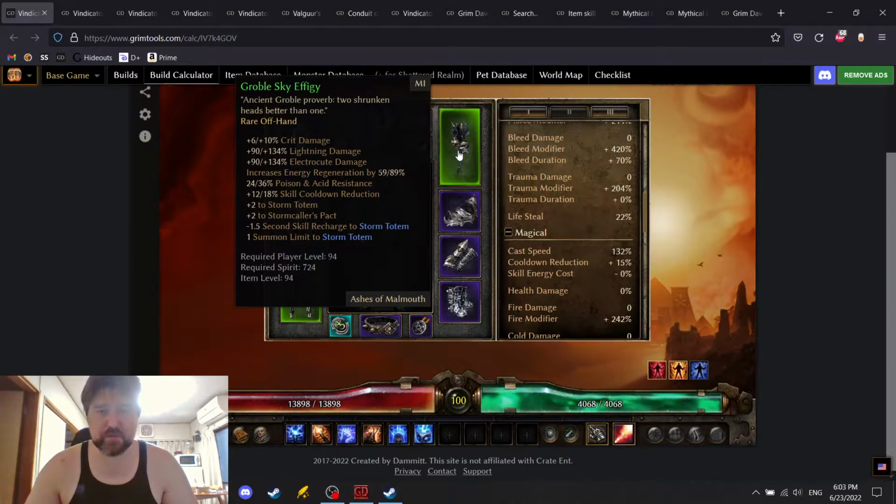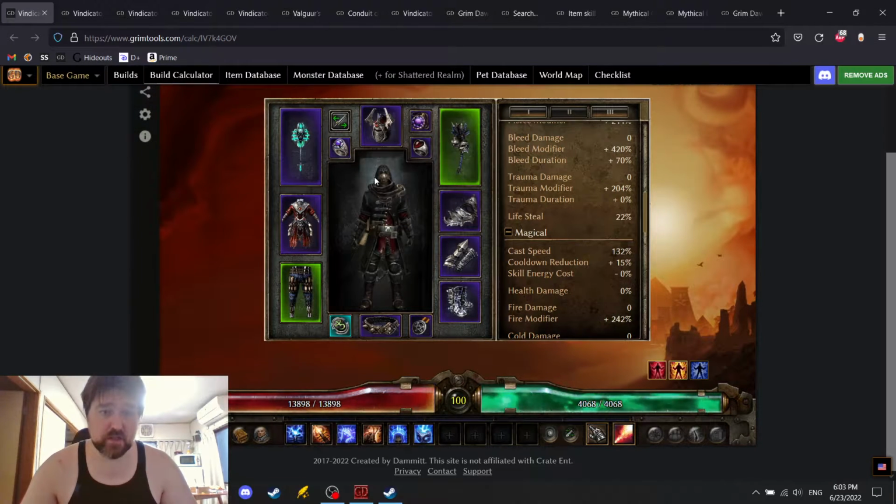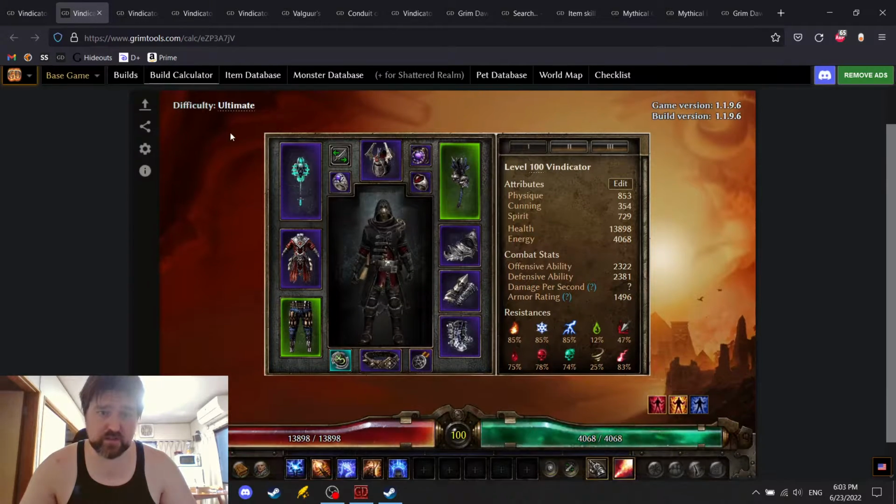This one for the Storm Totem, I'm not 100% sold on this. It'll be really hard to get a good one of these because I'm going to want one with vitality damage, or one with skills that I'm using, like the Devouring Swarm skill. And that's the basic rundown of the gear. There are some other ones that I threw together, like